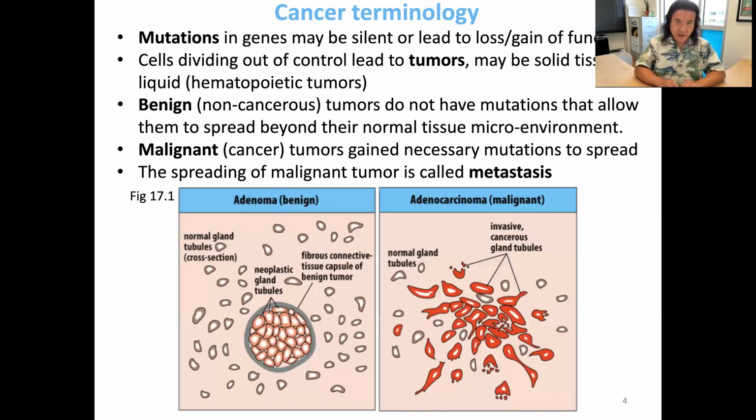Let's talk about some cancer terminology here. Of course, we're talking about mutations. I think all of you know that cancer is based upon mutations, alterations in the genetic sequence of those genes that somehow play a role in the control over the cell cycle and whether the cell wants to divide. So mutations in genes may be silent mutations, meaning just because you accidentally change the identity of a particular nucleotide from, let's say, a T to a C, maybe the place where that is on the long string of DNA, that's your chromosome, maybe it doesn't really matter what that nucleotide is, because maybe it's not part of a gene,